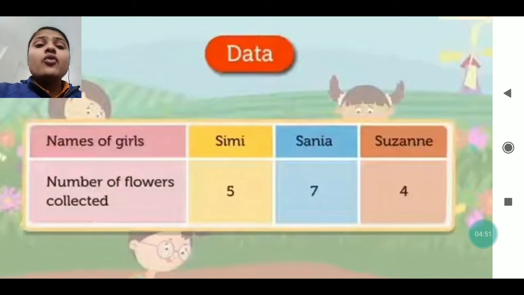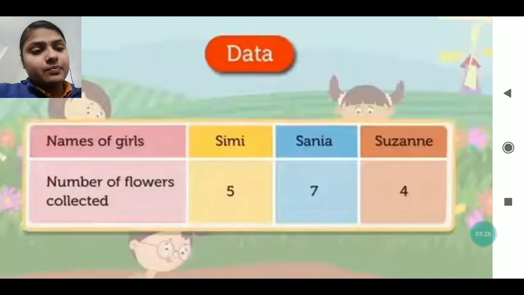As you can see, first of all, this table. This is a table given, my dear. In this table you can see the names of the girls are given: Simi, Sanya, and Suzanne. The number of flowers they have collected is given. Simi has collected 5, Sanya has collected 7, and Suzanne has collected 4. They all have collected this much. This is the information which is given to you,